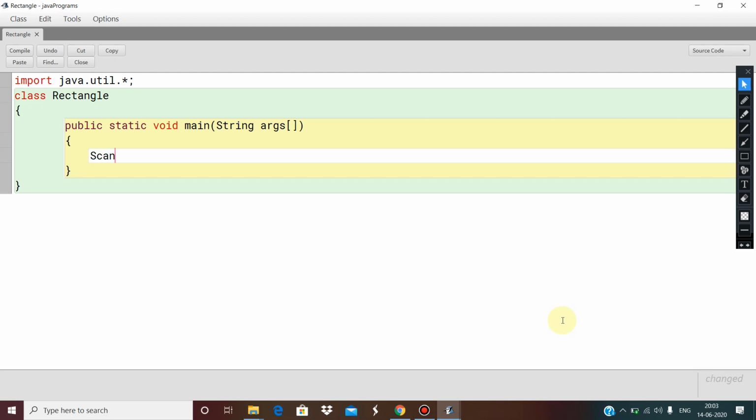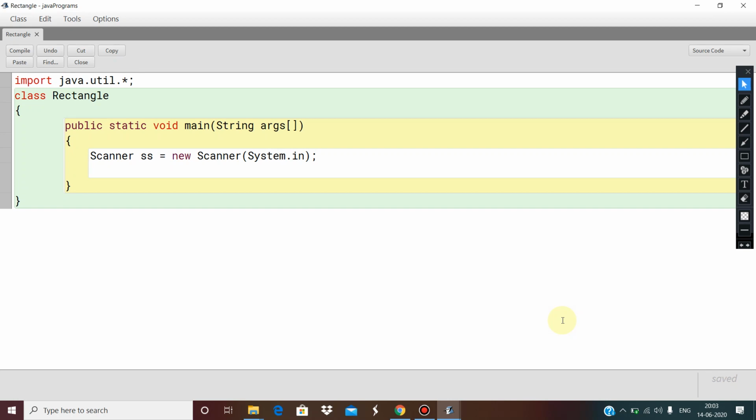Here I would like to initialize the Scanner class, and this is the syntax of creating an object of the Scanner class. This is the name of the class, and here is the name of the object of the Scanner class, which cannot be a Java keyword. The new keyword is used to allocate memory space to this newly created object, and after one space we need to write Scanner again, and within the brackets you need to write